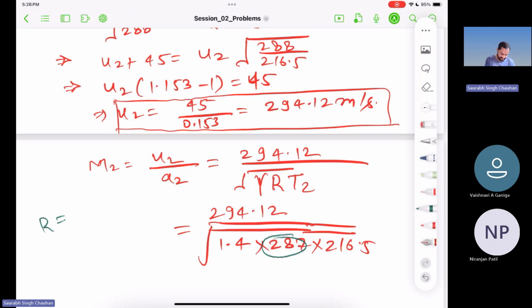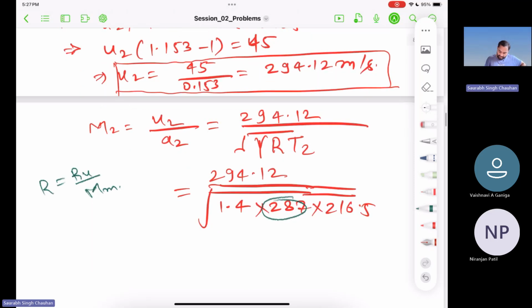Specific gas constant R is equal to the universal gas constant divided by molar mass, right? So the universal gas constant, you know, it is 8.314, and you have to divide by molar mass. So you'll get this 287. Okay. So if you calculate this quantity,